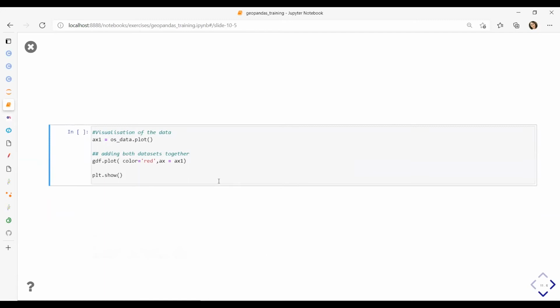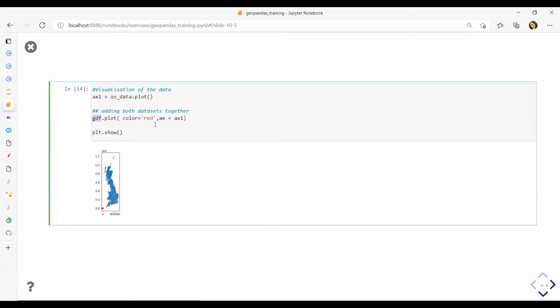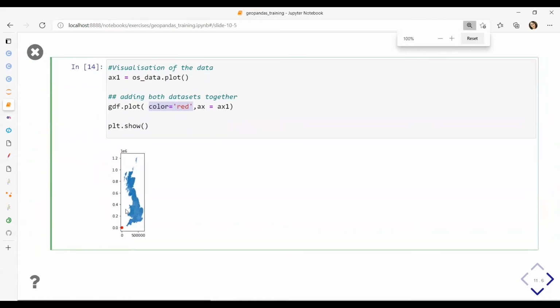Right, let's visualize our datasets together. I'm going to plot my OS data and my Adzuna job listings together. It might take some time. Again, I specified my Adzuna data to be red. And if you see it, it doesn't look right. We have our UK and our Adzuna data over here, but we would expect it there.